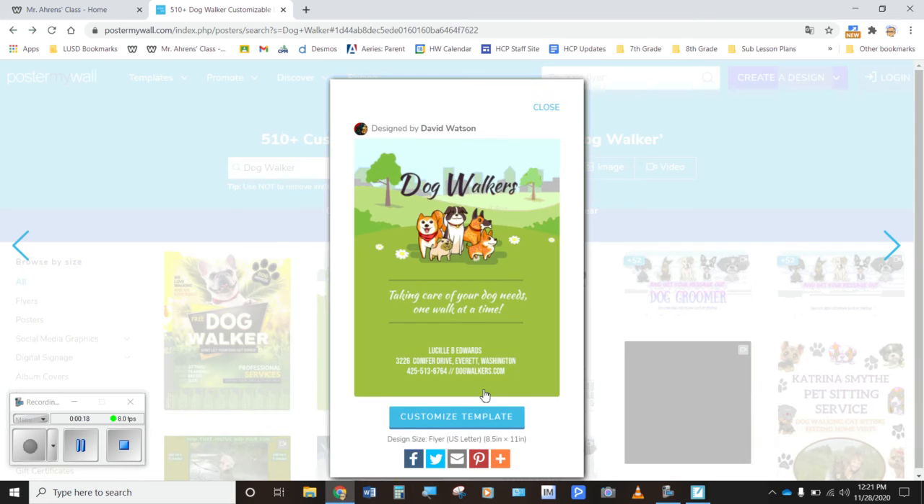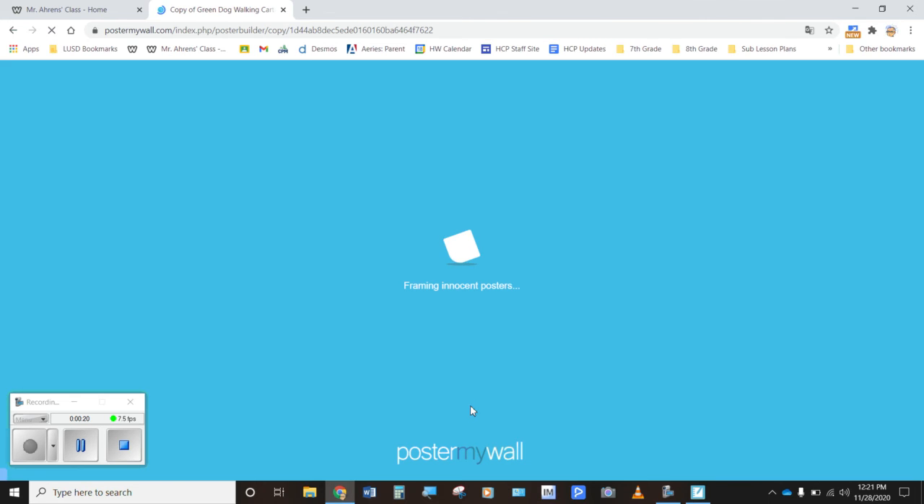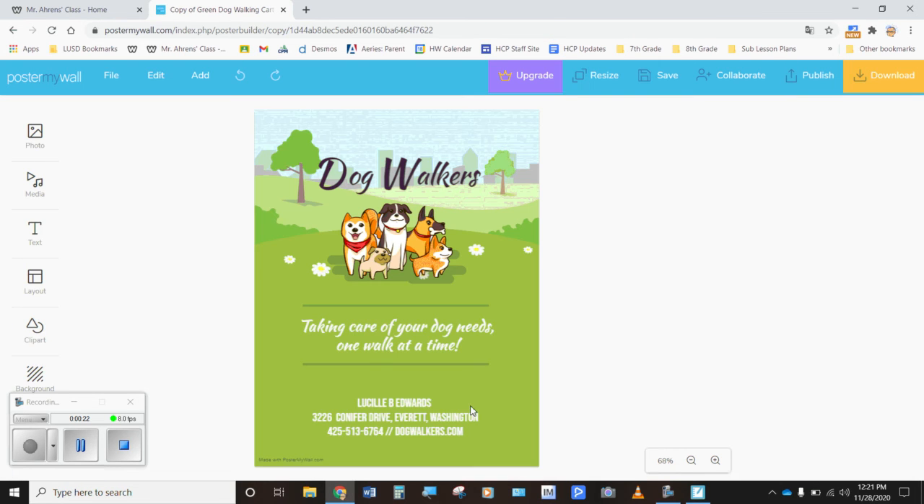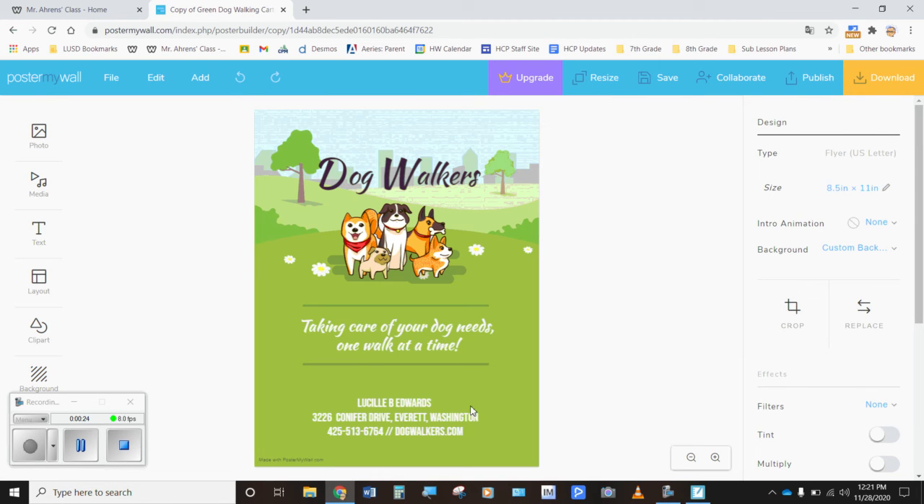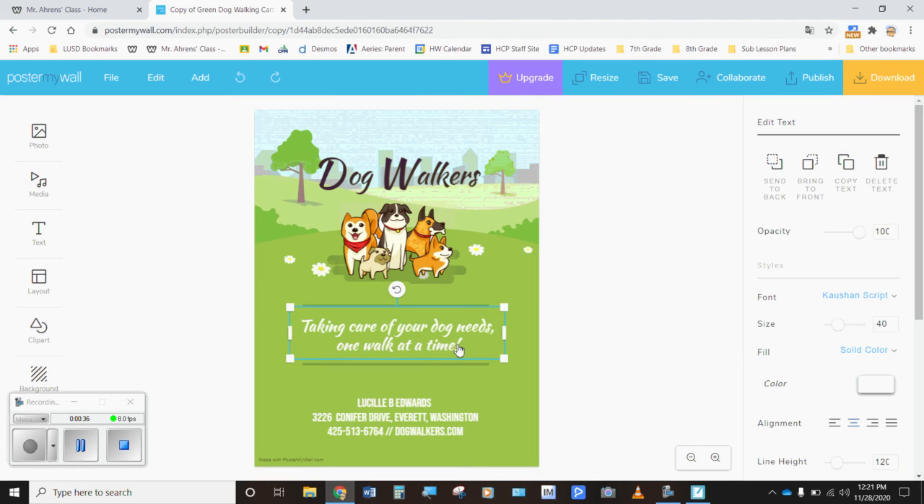So when we click on this and we customize this template, we can go in and we can click different items in here. So here we got dog walkers. Nice little picture in here. In this section, you can keep this and add to it, or you can change it to whatever you want to change it to. And so you just click there, and then we can back it up, and you can put in